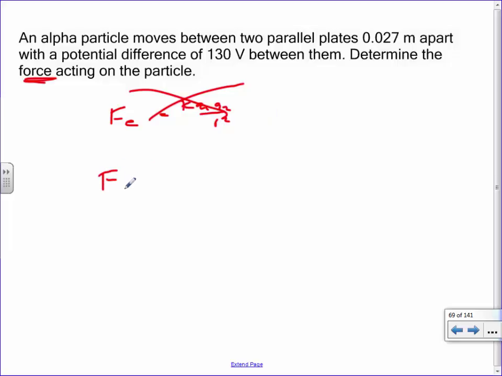So the other formula we're going to need is, well, it's rearranged. It's actually E equals Fe over Q. Hopefully you can kind of see how this is a little bit of a puzzle. We have to kind of work backwards here. We need to know E and Q. Well, it's an alpha particle, so I know Q, but I need to find my electric field strength. I wasn't given an electric field strength, so let's use another formula that can get us electric field strength.